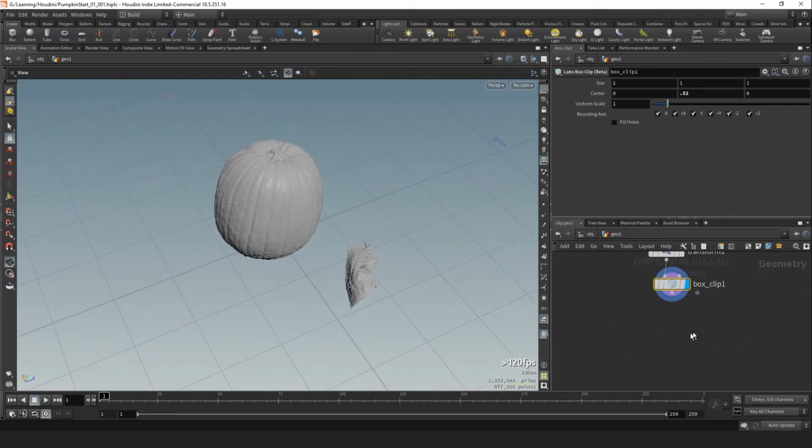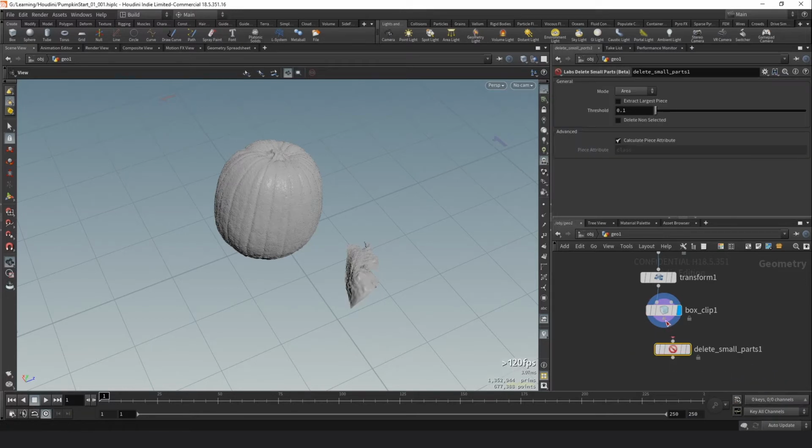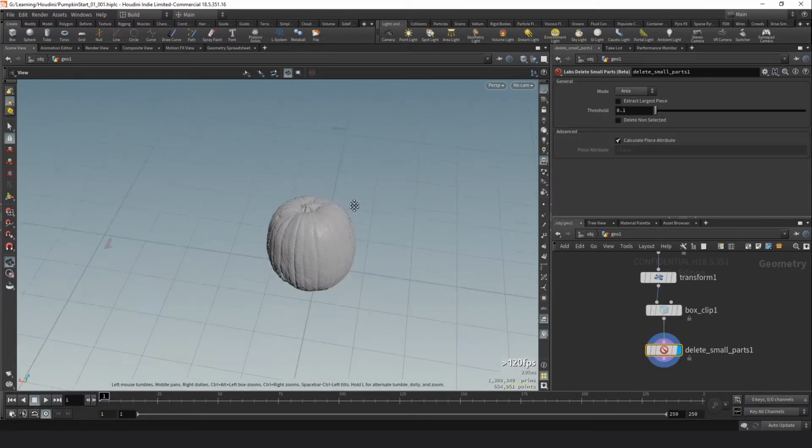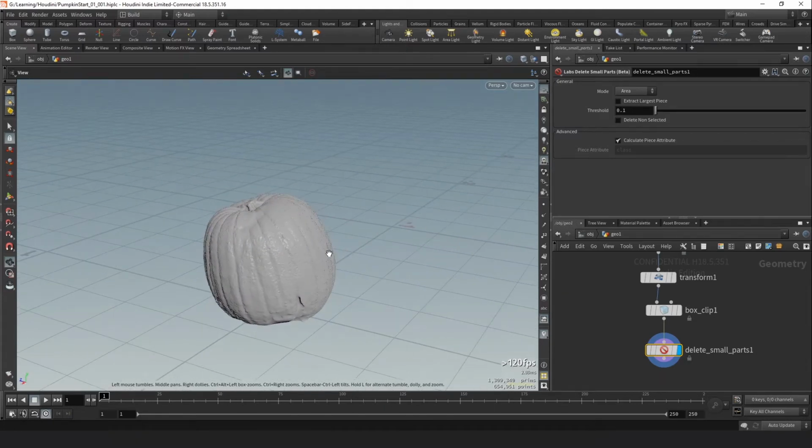Except for this little mound that I've got here. And what I can do is create a delete small parts here. So delete. And we've got the Labs delete small parts. Bring that in. Connect that up, move the display flag down, and if everything goes to plan, that will drop out nicely. Great. So there we go, we have a basic pumpkin,